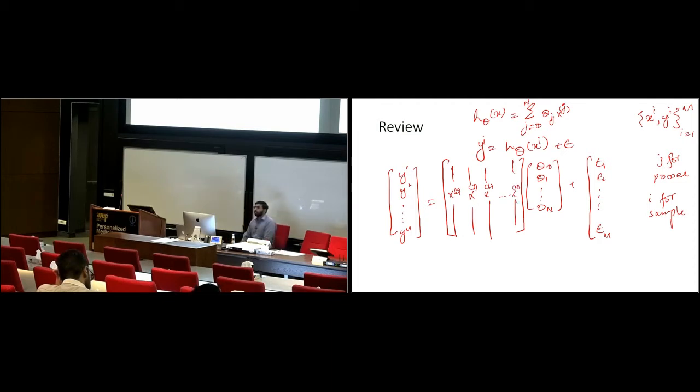So this is a vectorized representation of our equations, the system of equations. Now what do we want to minimize? We want to minimize the error in this formulation. So basically we write our cost function and minimize it with respect to theta, where theta is the vector of all parameters, E transpose E.